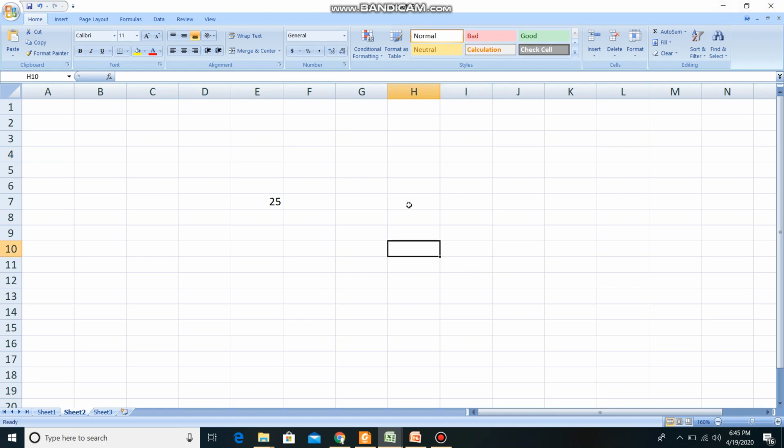So cell address is very important whenever you apply formulas in an MS Excel sheet, so you should know what a cell address is. So what is a cell address? Suppose I have selected this cell, and I have written here